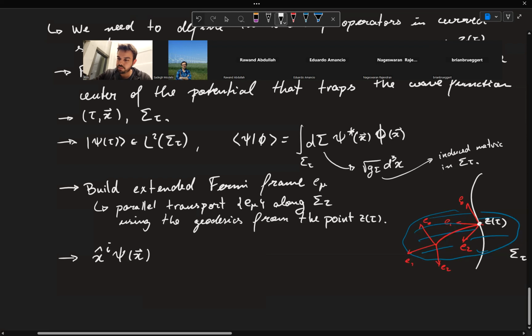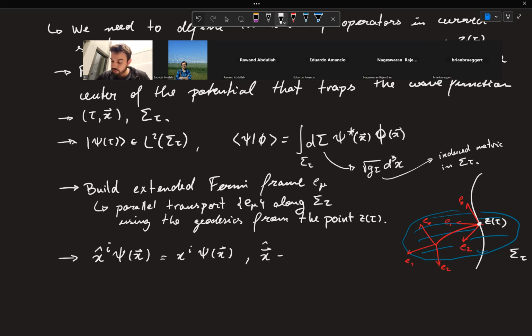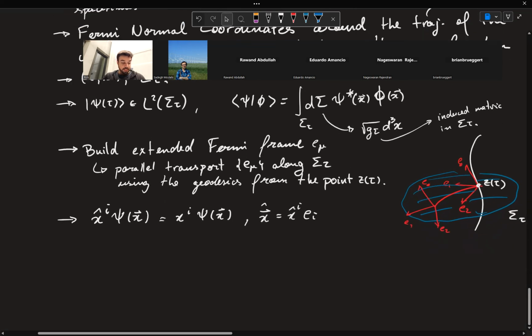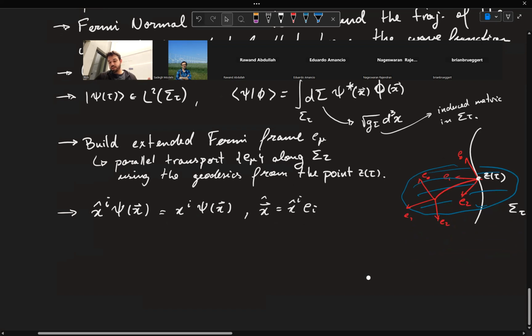Okay, so each component of it is just going to multiply the wave function by the Fermi normal coordinates xi. The position operator itself would just be written in this extended Fermi frame. So basically, you're just multiplying the wave function by components. And if you want to get a vector out of this, you describe this vector in the Fermi frame. This is clearly self-adjoint with respect to the previous inner product, and very important, the momentum operator